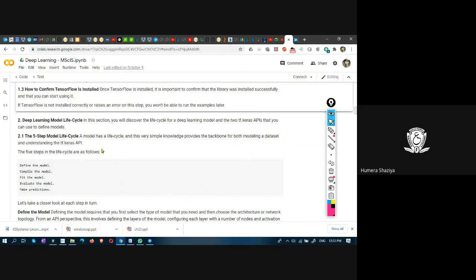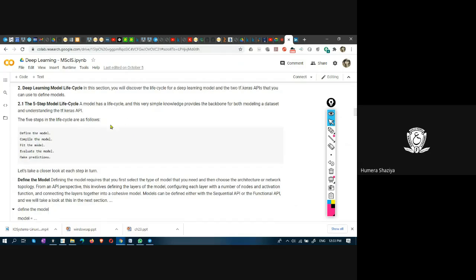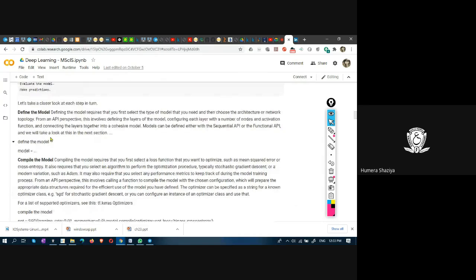Okay. And now in this section, we will look at the deep learning model life cycle. There are 5 steps in this life cycle: define the model, compile the model, fit, evaluate, make predictions. How do you define the model? Defining the model requires that you select the type of model. In Keras, you have a sequential model, functional model,